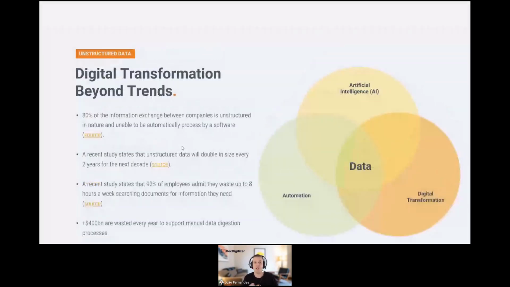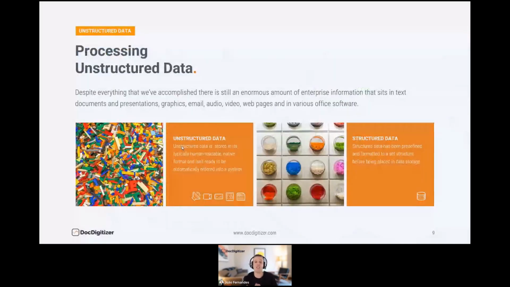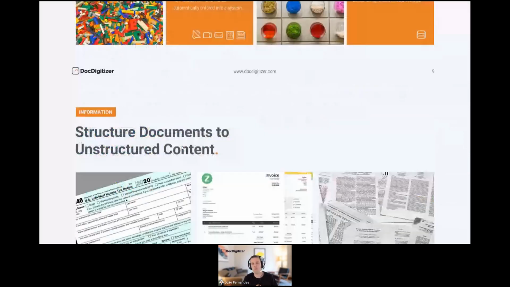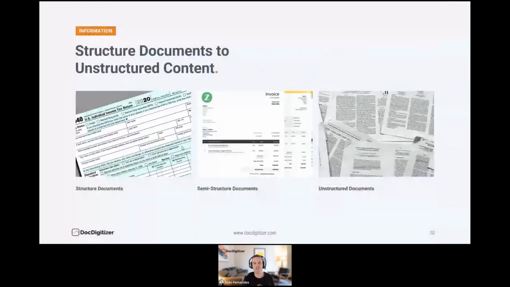Unstructured data is something that cannot be automatically processed by software, which means that you cannot simply put a robot making decisions, because the robot will not understand what the income is on a payslip, or what the address is on an address proof. I'm talking about documents that can range from structured to semi-structured documents, to legal contracts and unstructured documents.